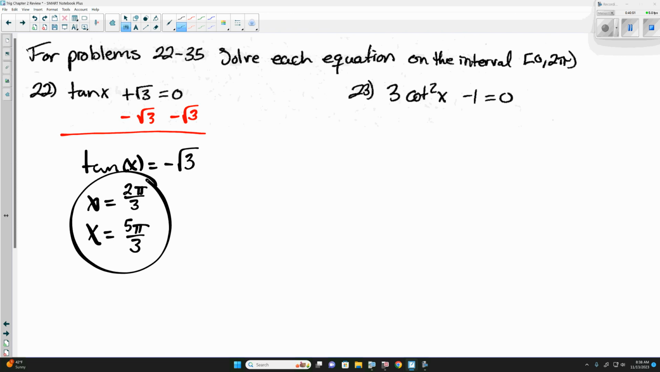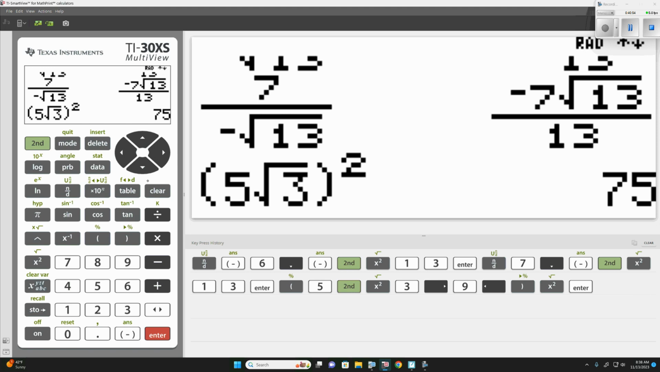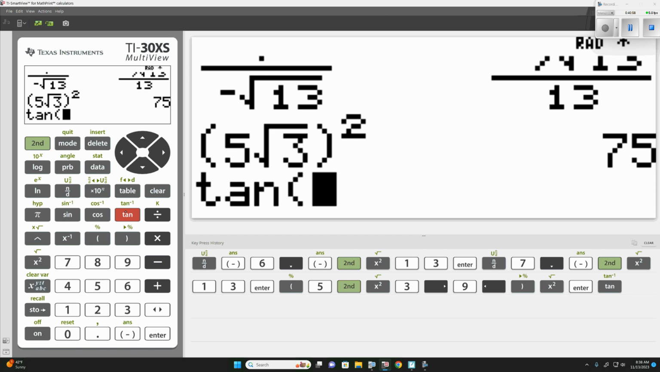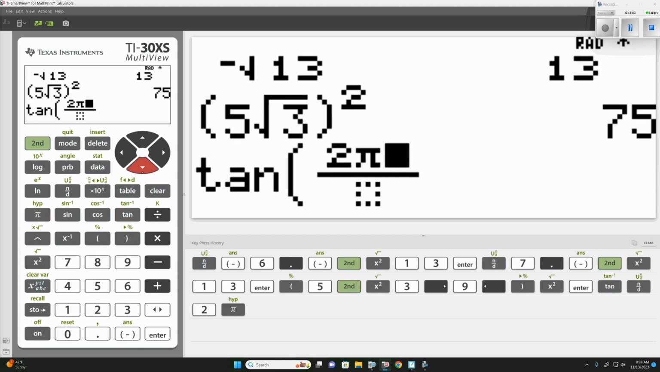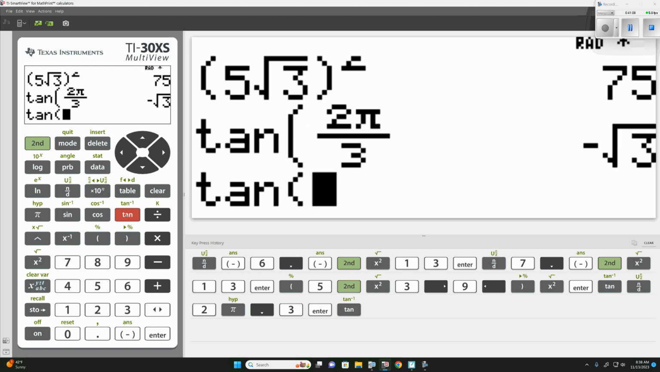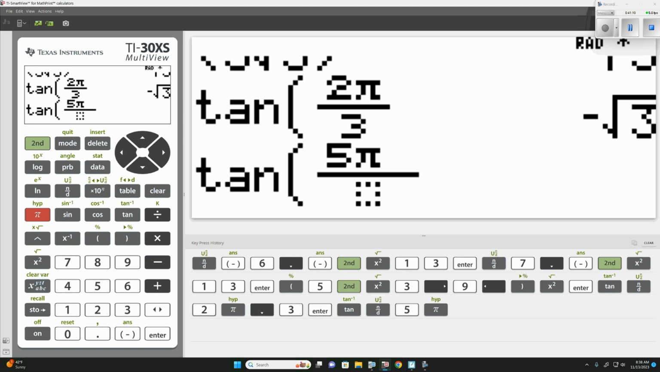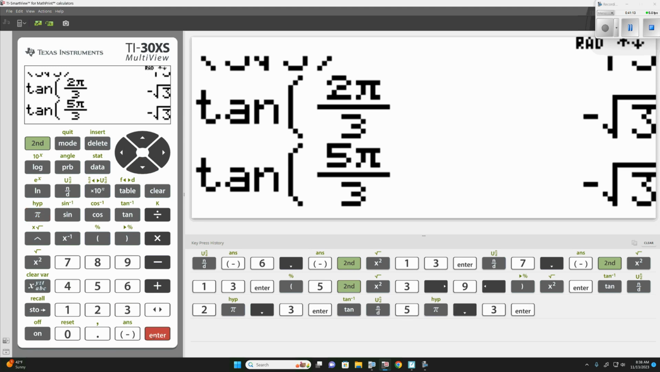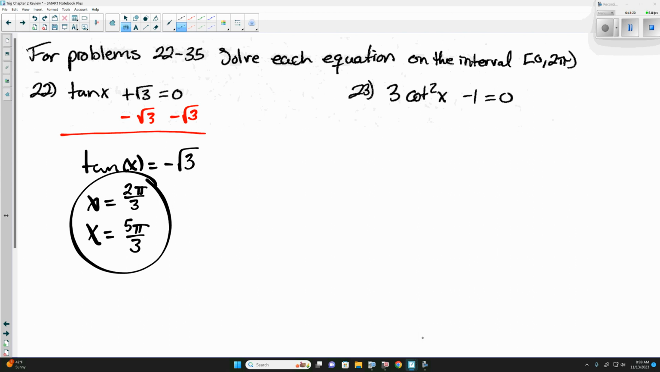Now, if we wanted to check this, we can grab the calculator and say tangent, making sure it's in radians, of 2 pi over 3. It'll tell us it's negative square root of 3. Tangent of 5 pi over 3 is also negative square root of 3. So those are our answers. And we're going to